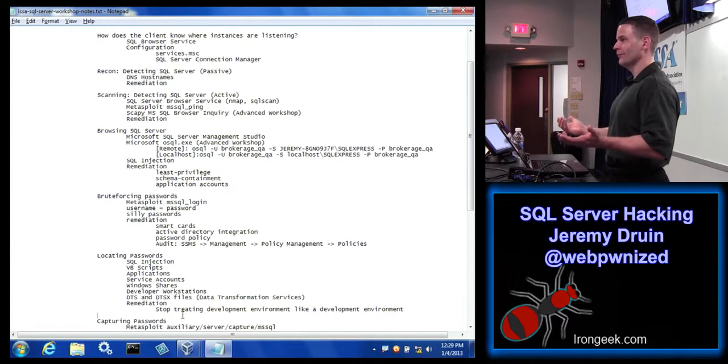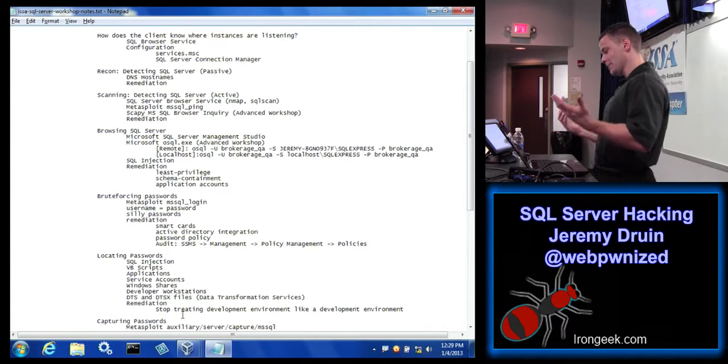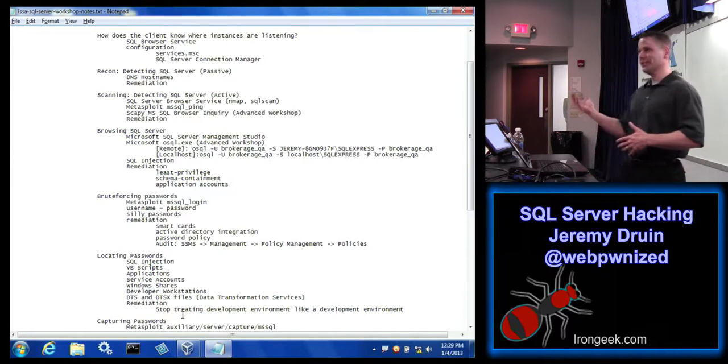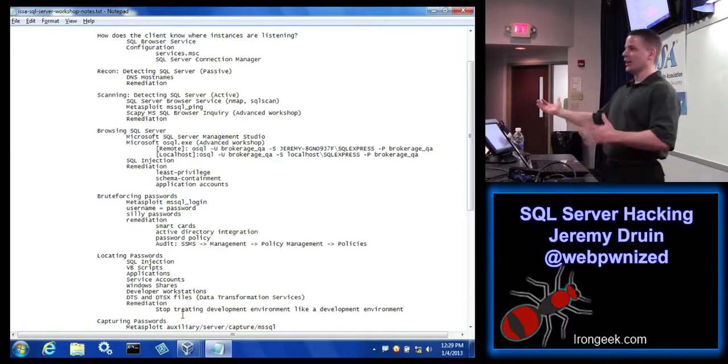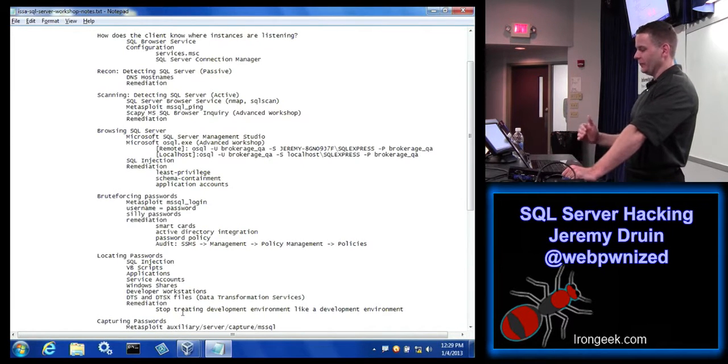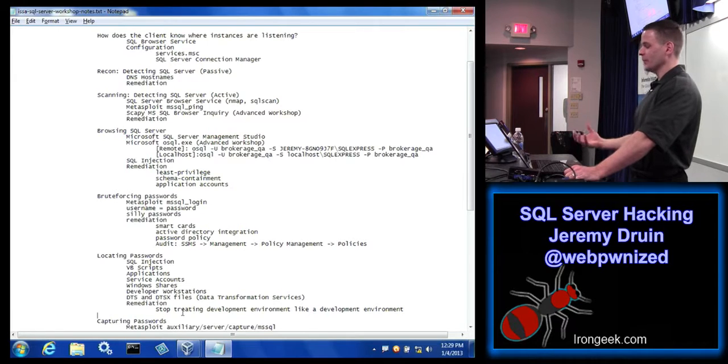And they also have a tendency to copy production data into the development environment. Yeah, copy production into development, copy development into more development. You'll make a copy of the copy, right? So if you have reasonable controls around the development environment and treat it with the same respect you would give the production environment, chances are you can limit the kind of access that you would need to get into the files to open them up to read the source code of the applications and the scripts and things like that,